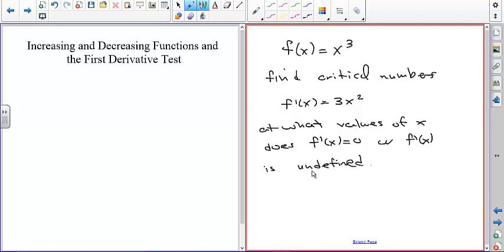Well, because it's a polynomial, it's always defined, so we don't have to worry about that. The other one's easy, right? x equals 0. When x equals 0, the derivative equals 0. So you might be tempted to say, based on our previous experience, oh, there's probably a local minimum or maximum at that point, because we've had the experience where the first derivative is 0, we have a local minimum or maximum. But if I plot this function,